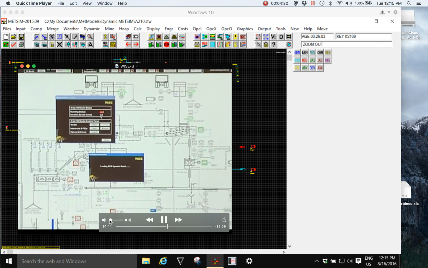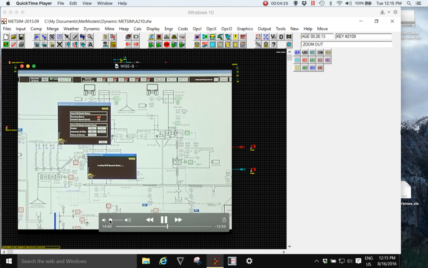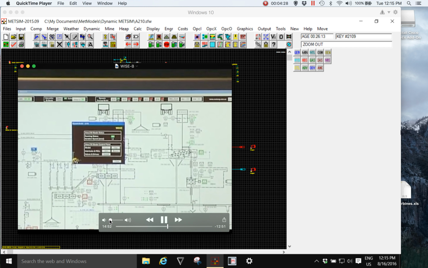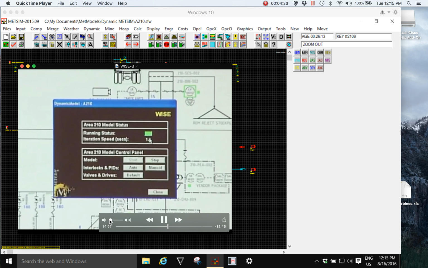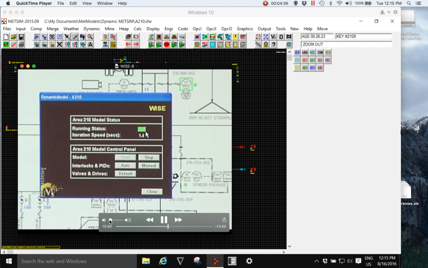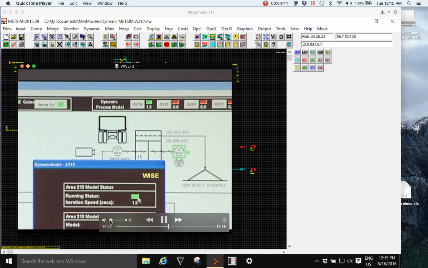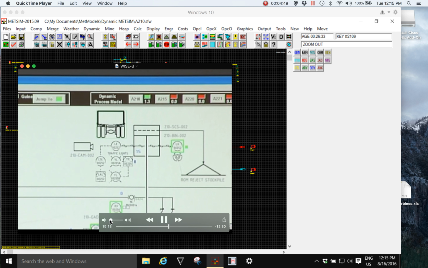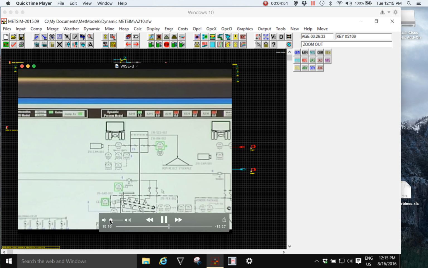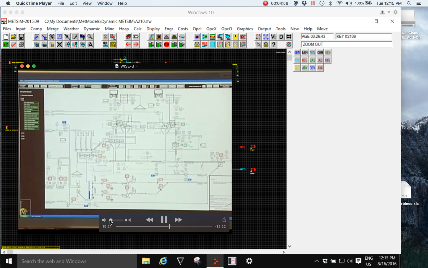What this shows is that a SCADA is being used as a graphic user interface and is being used to start and control METSIM, start and control the dynamic METSIM model, which is running in the background. And in the top button, I can see there's a number which is iterations. This is quite a complex dynamic model. As I said, it includes all drains, it has reverse flow, things can overflow and go wrong, things can be broken, and the dynamic model is running at a